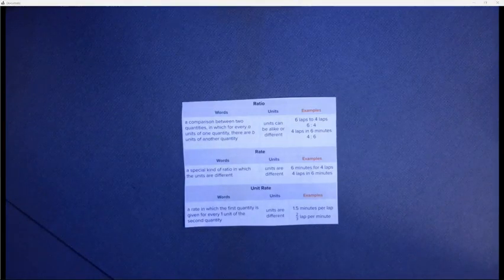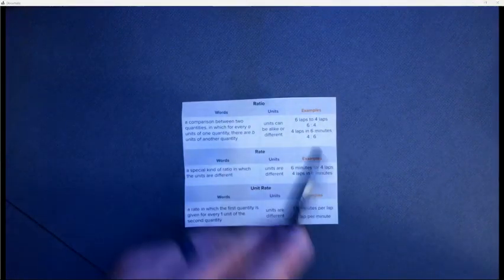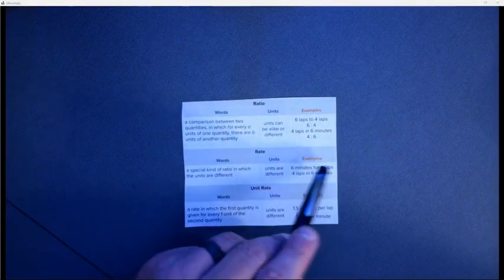A rate is a special kind of ratio in which the units are different. Okay, so we said the units are different. So in this example, we see 4 laps in 6 minutes. So instead of in the ratio where we were going laps to laps, now it's specifically minutes to laps or